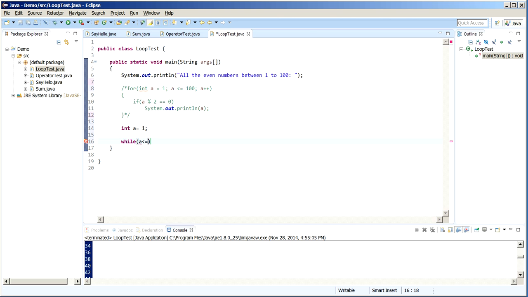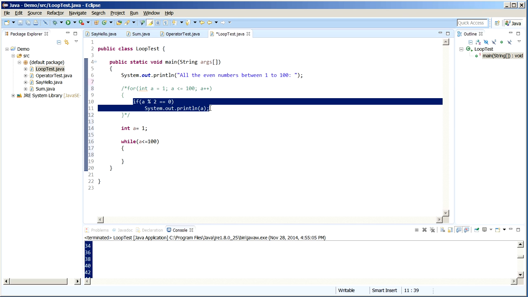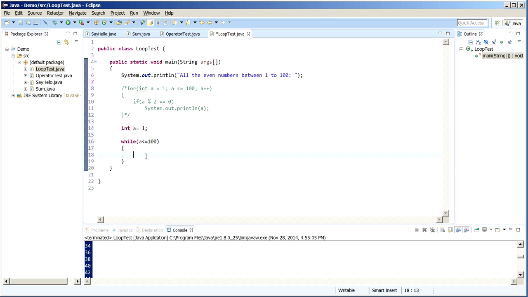So let's write it down as a <= 100. Then you write down the body. I'm just copying and pasting it. And at last, within the while